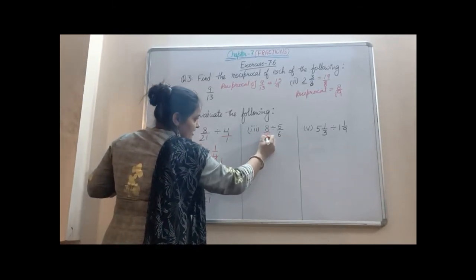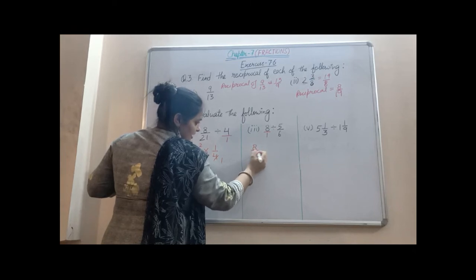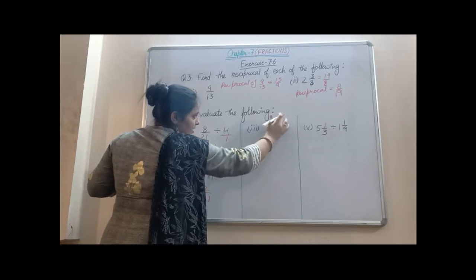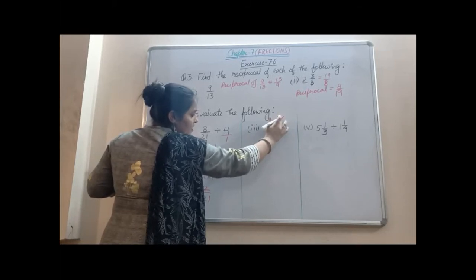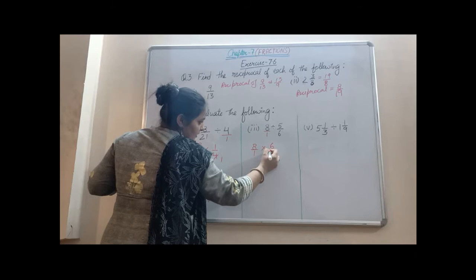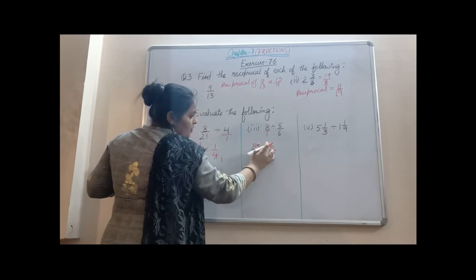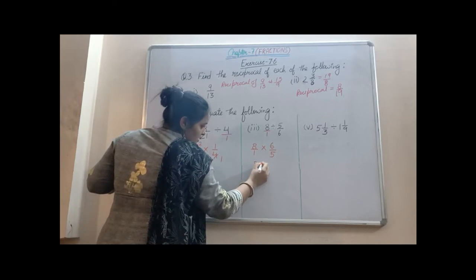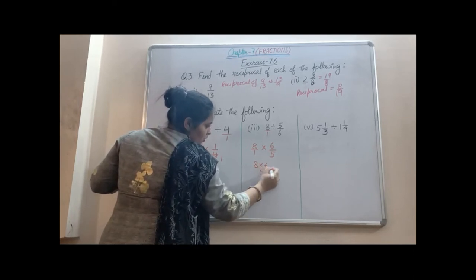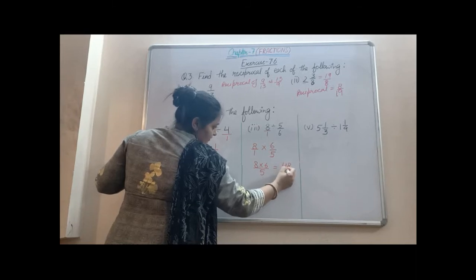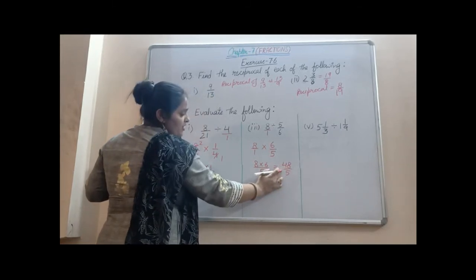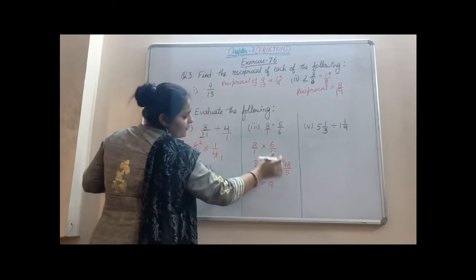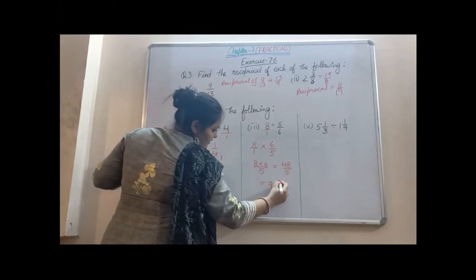Similarly, first number will remain the same. So we can write 8 as 8 by 1. So 8 by 1 will remain the same. The division sign is converted into multiplication, and the fraction after the division sign will be reciprocated. So this will be 6 by 5. Now multiplying numerator with numerator and denominator by denominator. So 8 into 6 divided by 5. This will be 48 by 5. Now this is an improper fraction, converting into mixed form. So this will be 9 5s are 45, 3 by 5.